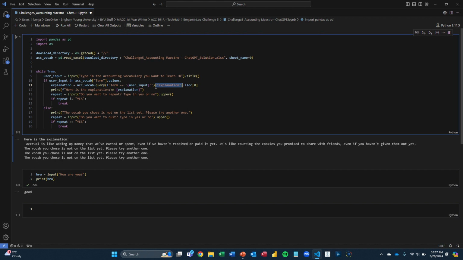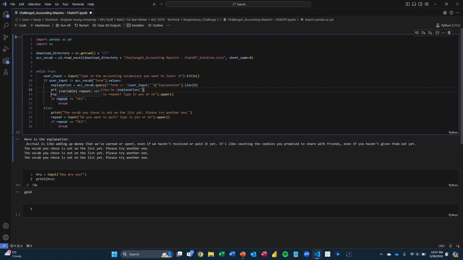So here you want to return explanation, and then the dot iloc[0] will give you the first result. And it formats your answer to a string instead of a series, which is awesome. So here you have a print statement, you print out the explanation,